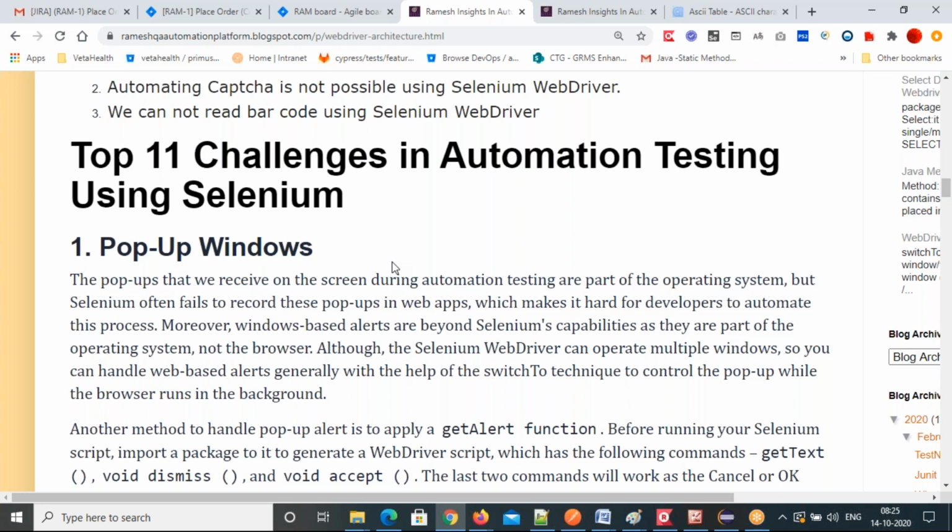But nowadays, if you get window pop-ups, the alerts concept introduced in WebDriver will handle them. Window alerts are handled by the Alert interface, and its respective methods will handle them. Directly there is no provision, but you have to use some concept in Selenium to handle these window pop-ups.